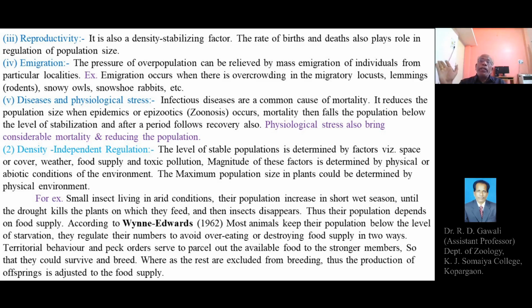They avoid overeating, and this overeating of the limited food supply will be prevented in two ways. That is territorial behavior. Territorial behavior means there is a sort of isolation or segregation of the organisms, maybe the strong animals and the weak animals of the population. So only the strong animals are allowed to feed on the limited food stock, and the rest